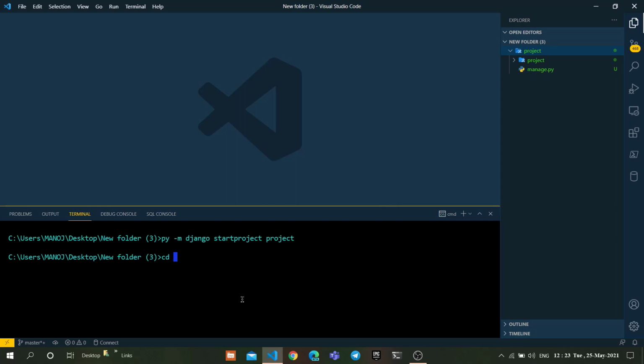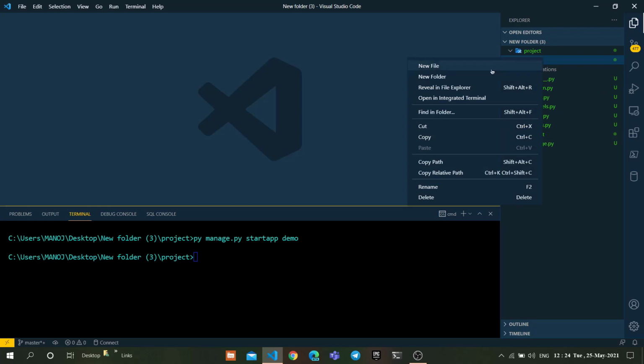Navigate to the Django project directory. For that, use the command cd your project name. This will change the directory to the project folder. Here we need one more app to make this work. Type the following command: py manage.py startapp followed by the app name. As of now, I am giving demo as my app name. You can give any name of your choice. As you can see, the new demo app was also created.